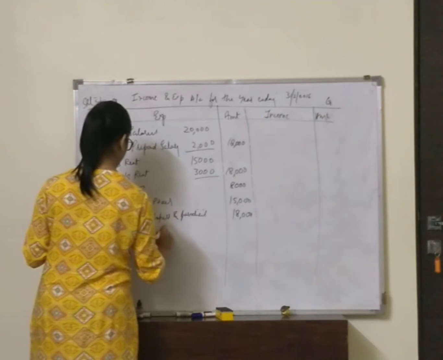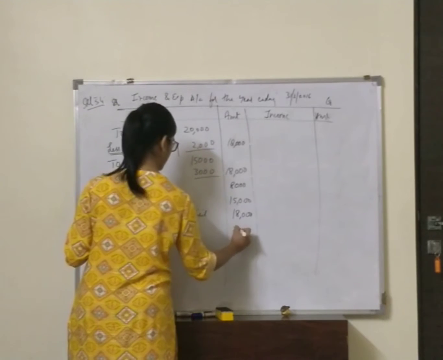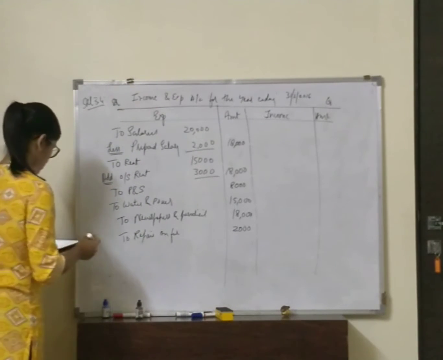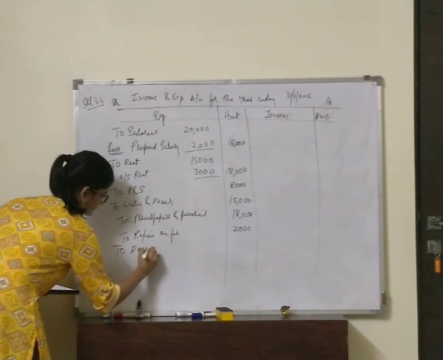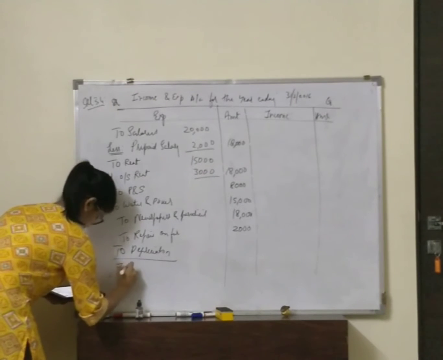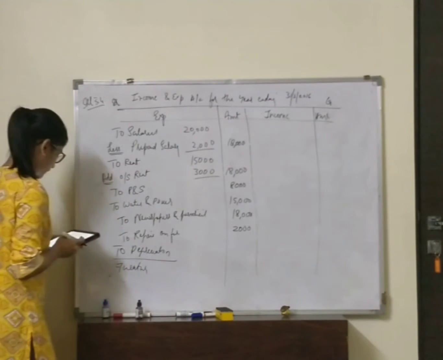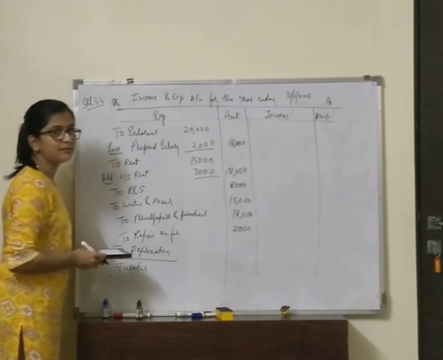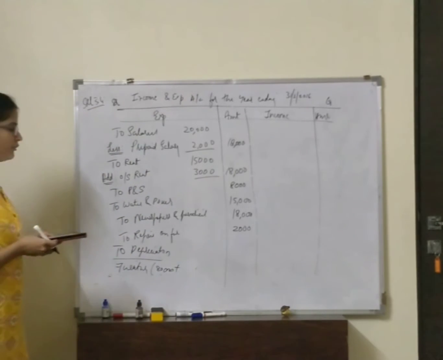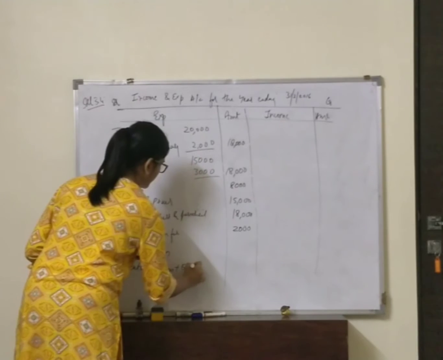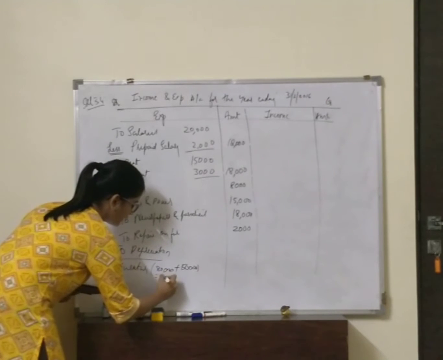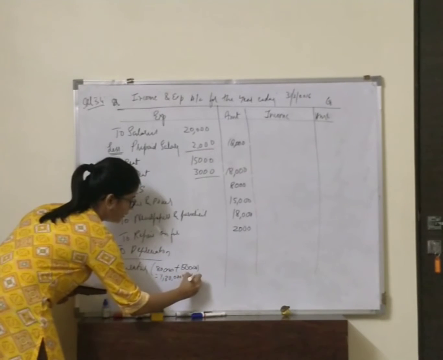To repairs on furniture, 2,000. Then in the adjustments we have depreciation. So write to depreciation. Under depreciation, first thing we have furniture. What is the depreciation for furniture? Opening balance is 80,000. Plus we have additional purchase of furniture in payment side of receipt and payment account, 50,000. So we get total 1,30,000. 1,30,000 into 10 by 100. How much do we get?